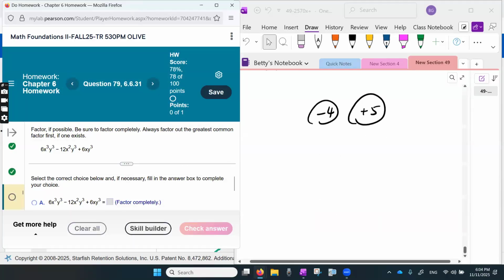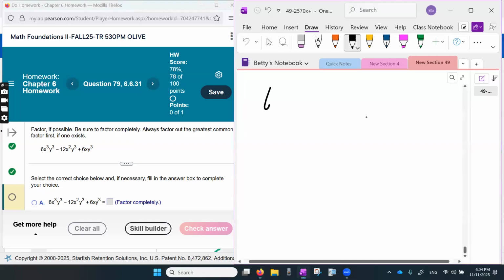Wow, this one's very complicated. So you know we're going to have GCF, right? GCF is 6xy cubed. I feel like I've seen something similar. 6xy cubed. And what's going to be inside the parentheses? If you are not sure, you can use the strategy I teach in the class. Term 1 over GCF